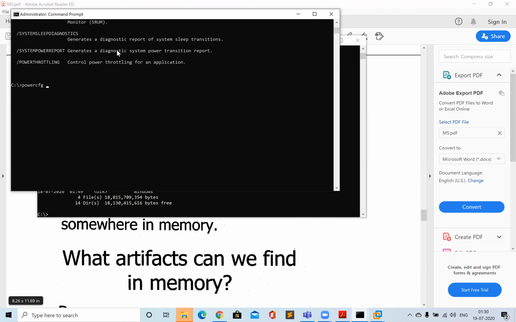In my case, in my script I have written that, suppose my software is running on a system which will do the hibernation. Before that I check the size of the RAM and how much space is left in the hard drive, and I compare them. Suppose the RAM size is 32 GB and I'm not seeing 32 GB of space in the hard drive, then I do powercfg -h -size 25, and then do a hibernation. So it will save 25% of the RAM, and after you turn it on, you can perform forensics on that 25% of the hiberfil.sys.